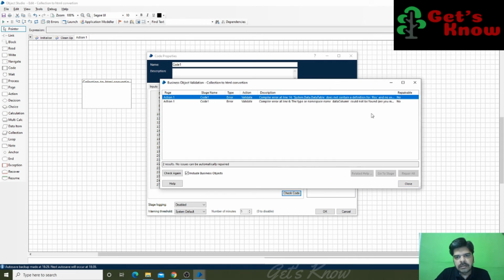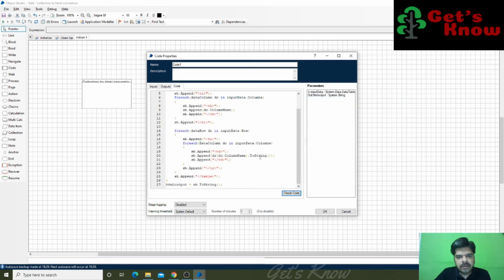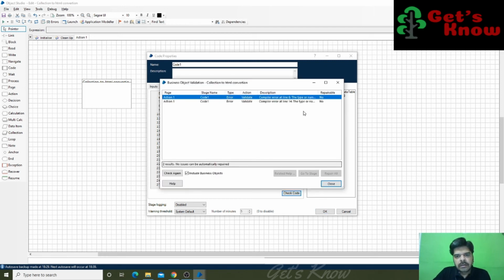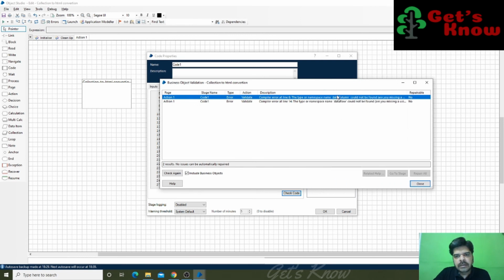System.data table does not contain a definition for rows. So rows, somewhere we have a spelling error. Data row, yeah, here the rows. And the line number 6, data column could not be found.